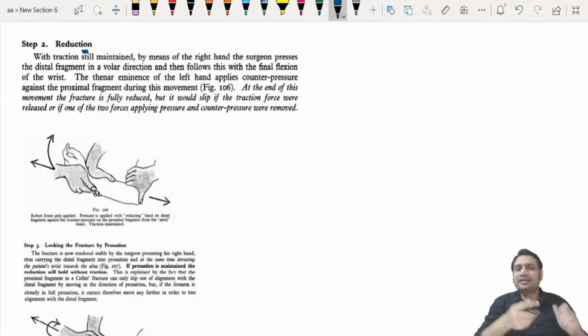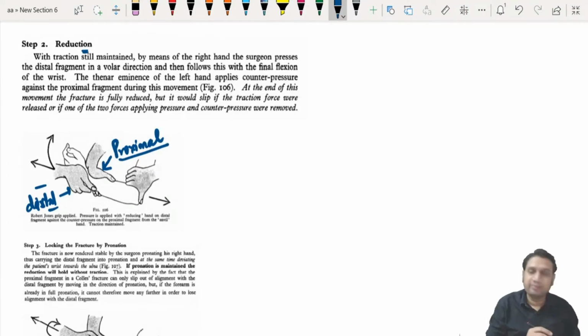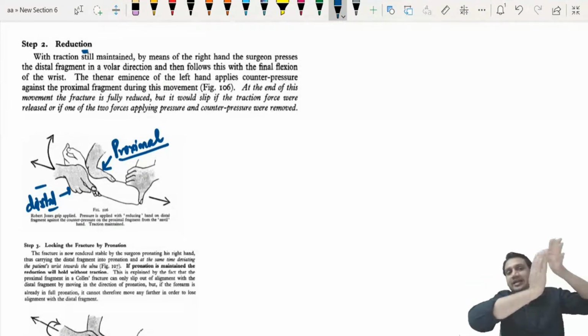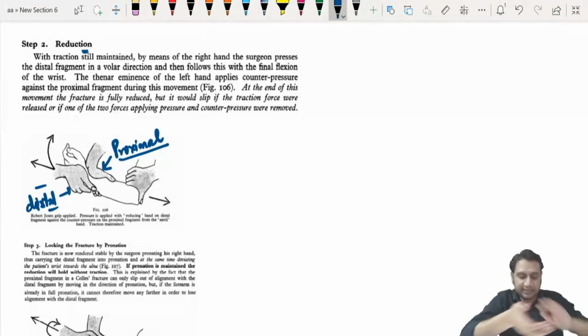Then we release it. And what we do is, the examiner, the chief, is giving pressure at 2 points. This hand is giving the pressure at the proximal part to keep that in place, and the other hand is on the distal part from the dorsal side, right? So proximal fragment, distal fragment by two hands. Now he is maintaining the pressure. So once the deformity is exaggerated, traction is given, reduction achieved, and then we keep on maintaining the pressure here, right, in this position.